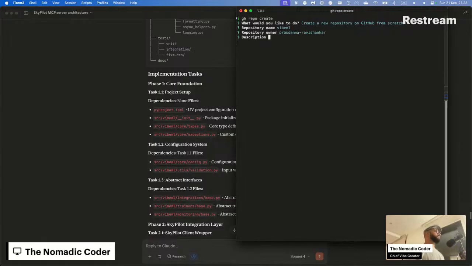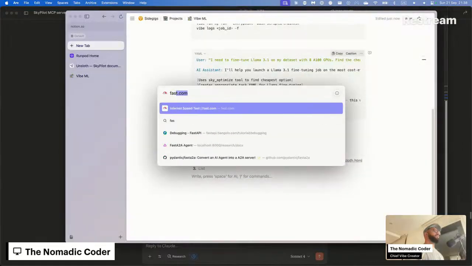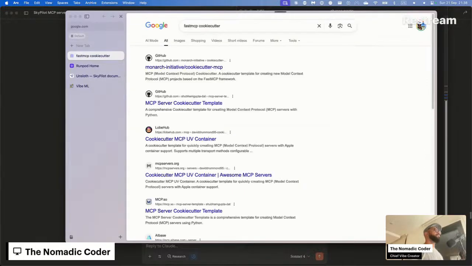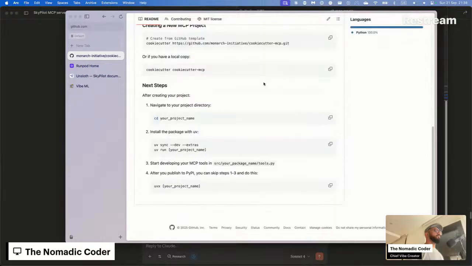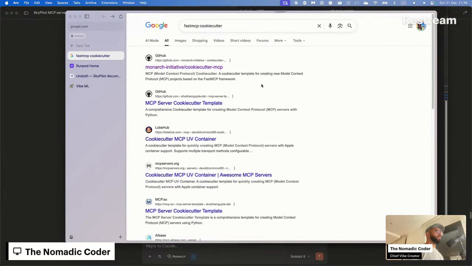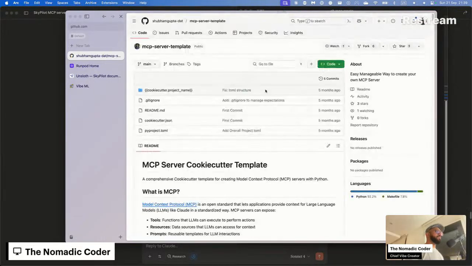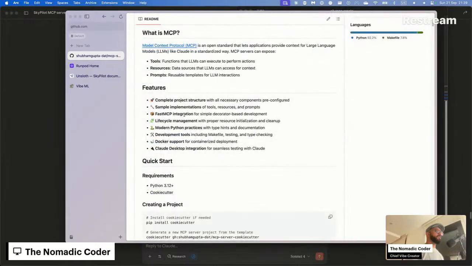Actually, are there any nice fast MCP cookie cutters? Fast MCP integration, modern Python practices, Makefile, Docker support, Claude Desktop integration for seamless testing with Claude.